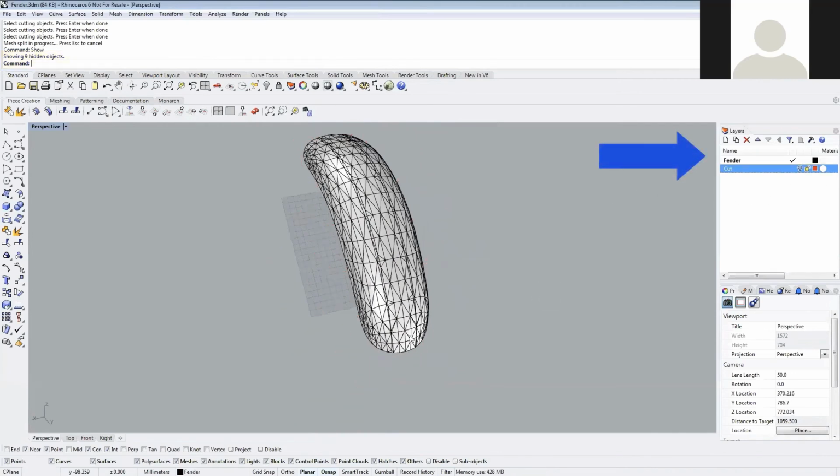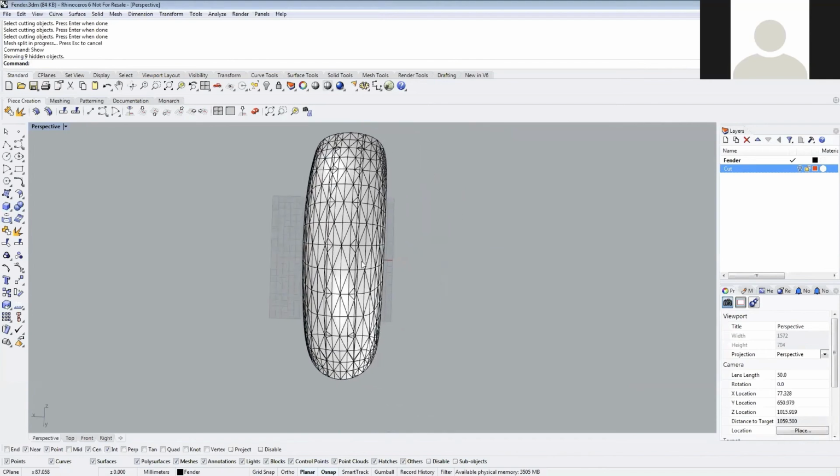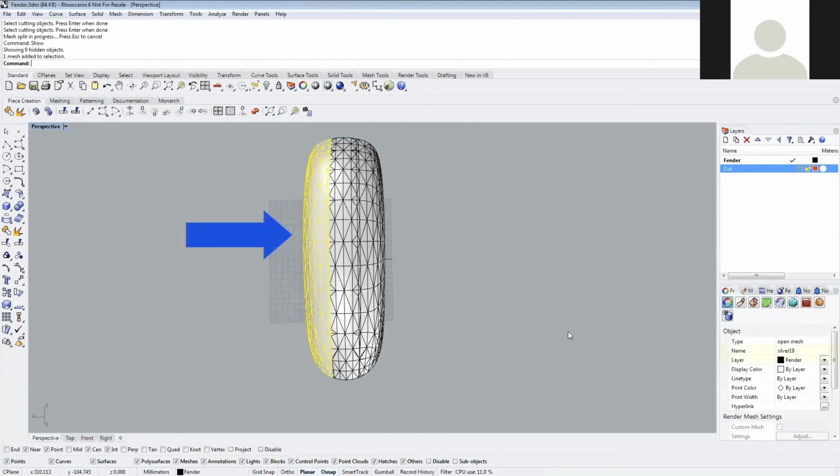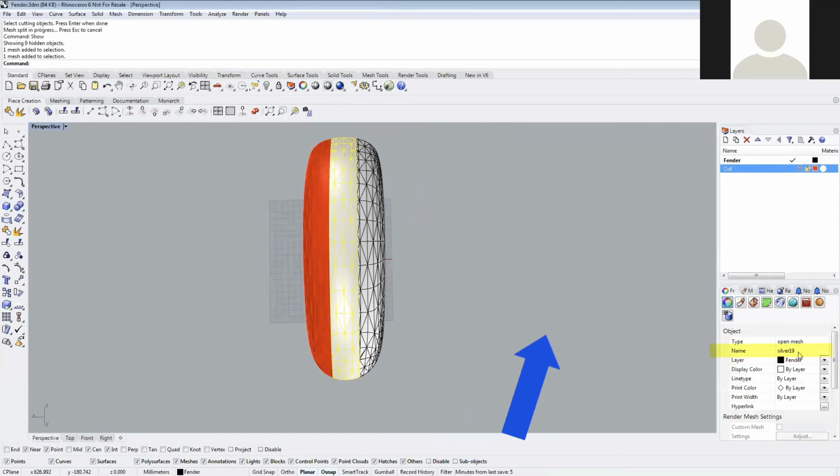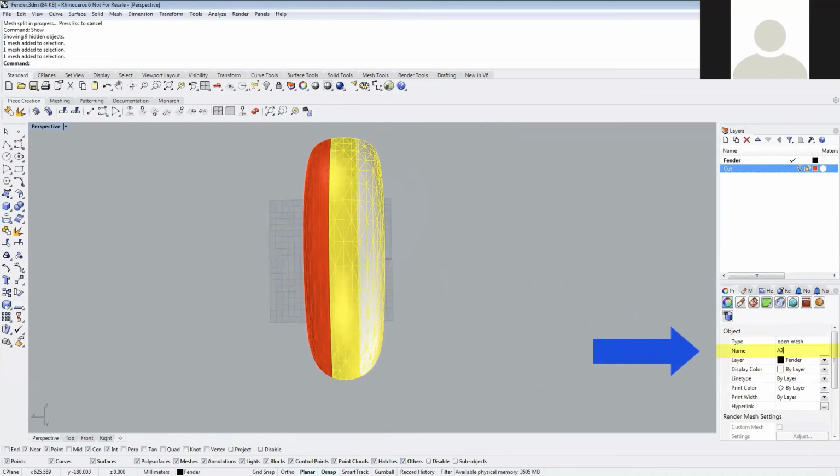At this point, we're going to hide our cutting curves, and we can go ahead and rename and change the color of these pieces. So we'll change this one to A1, and we're just going to quickly change the colors here to red. A2, we'll change this to yellow. A3,